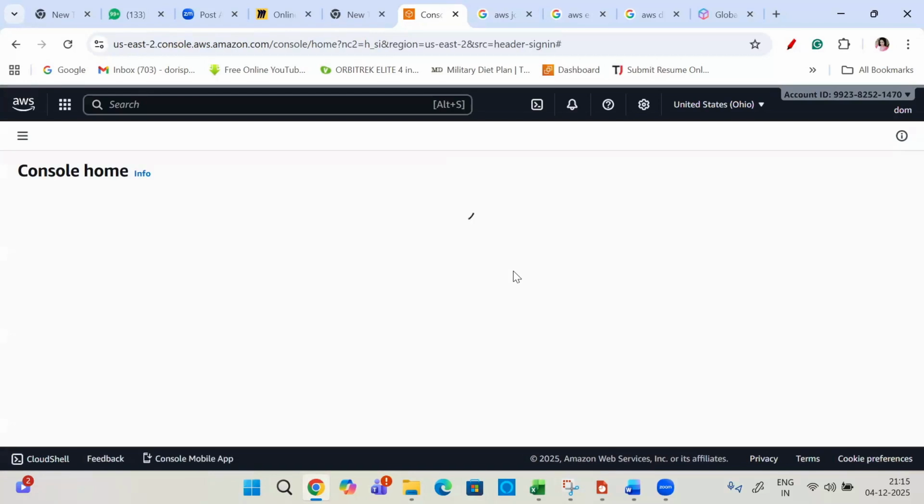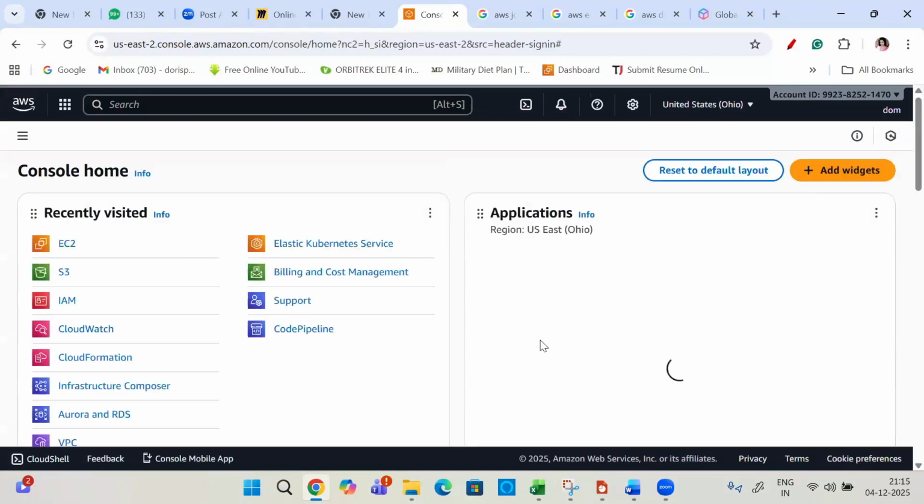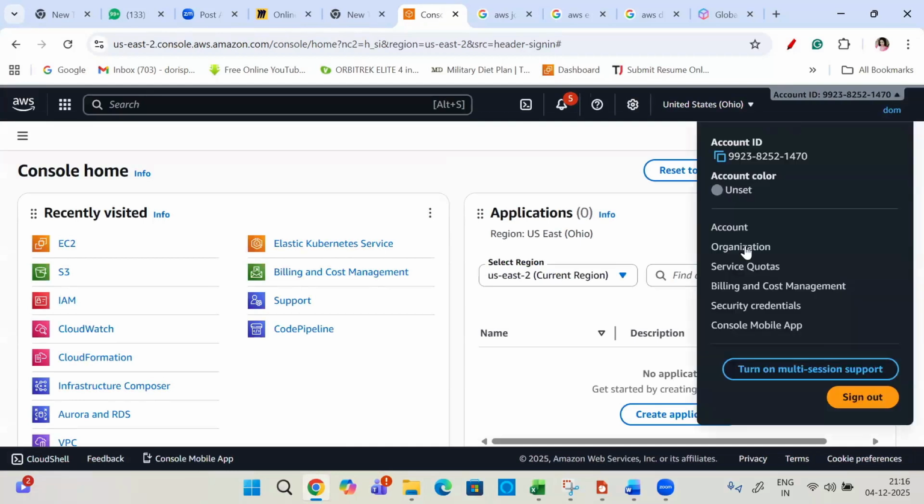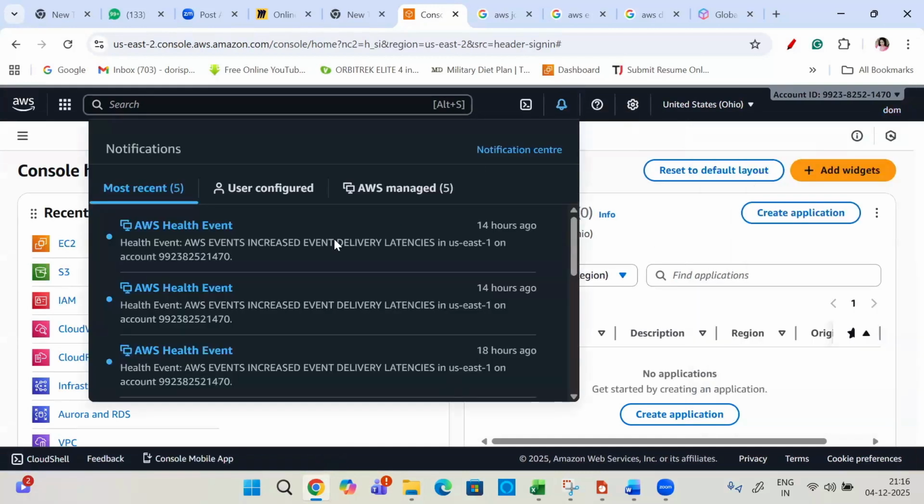As you can see, this is the console we'll be working in. In this corner, you can see my ID, and all the details on how you're going to work with this account will be given. You can see the billing and cost management. Even if it is a free tier account, you should know the billing and cost management.